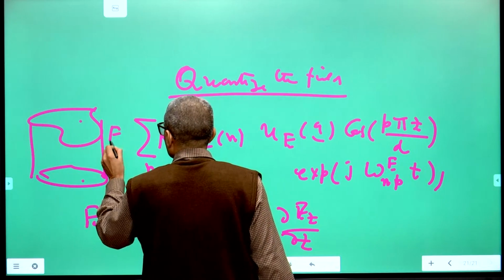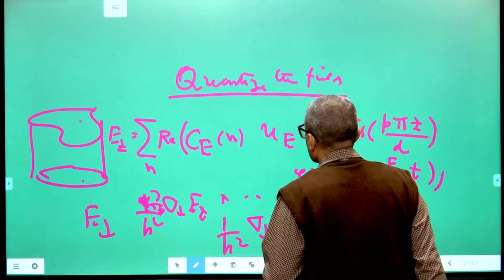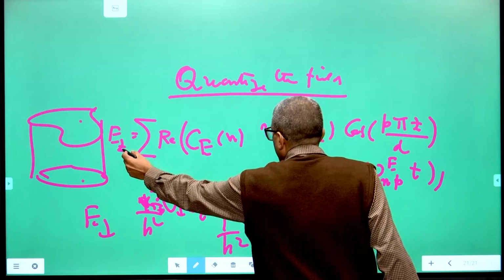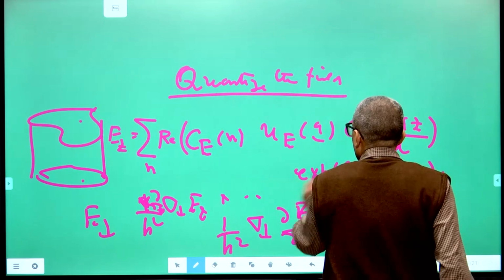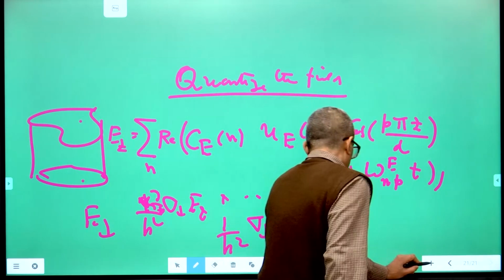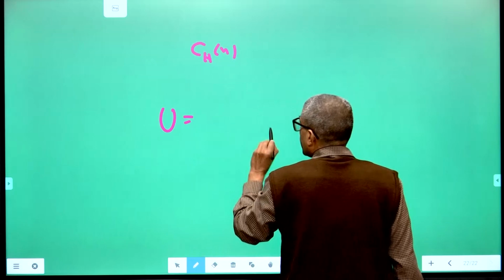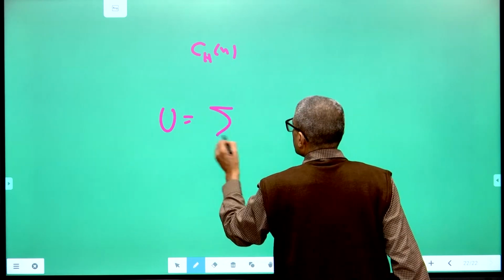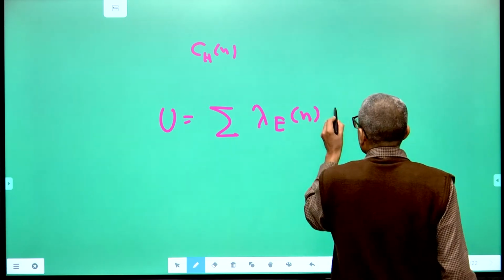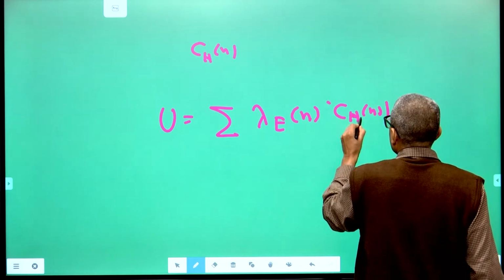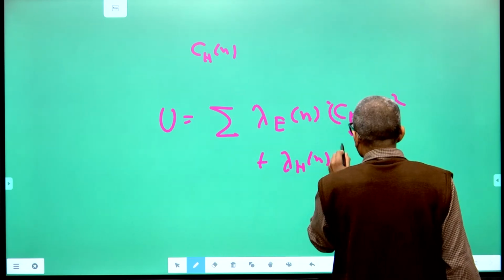This is the Ez, the z component of the electric field, and you can likewise write down the expression for the z component of the magnetic field and calculate the energy in the field as a quadratic form in CEN. So, by using the orthogonality of these eigenfunctions, you have seen earlier that the total energy density can be written, if you look at similarly the expansions for CHN, as summation lambda En. It will be a quadratic form if you use the orthogonality of the modes. So, lambda En into mod CEN square plus lambda Hn into mod CHN square summed over n.